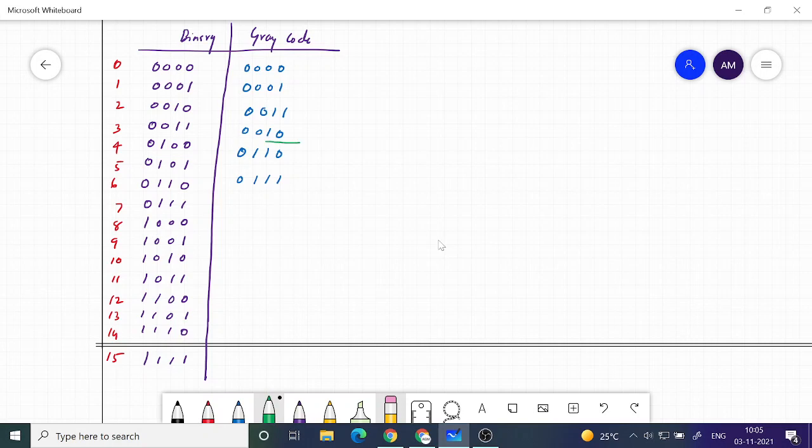The third bit position is 0 for the first 4 cases. For the next 4 cases it is going to remain 1. Now you look at the last 2 bit positions, they are the same. It is 1 1 here and 1 1 here. So the next one will be 0 1 0 1.